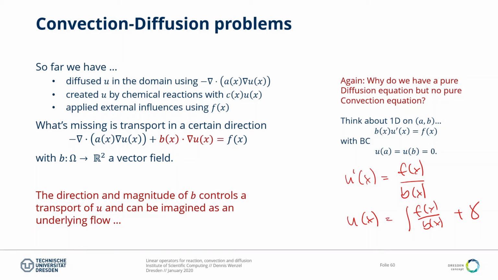That's what you do when you form the primitive of a function. And that gamma here is a single number. That gamma can be chosen to actually fulfill your boundary condition. But gamma is just one number, so it can be chosen to fulfill a single boundary condition, but not